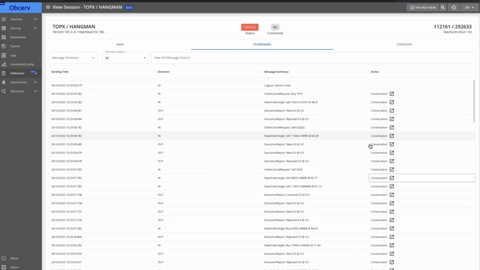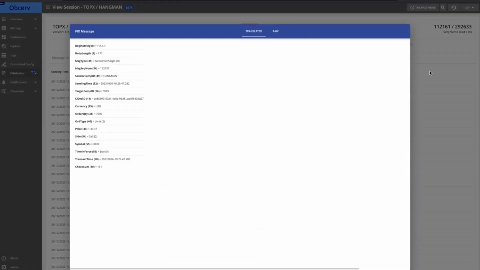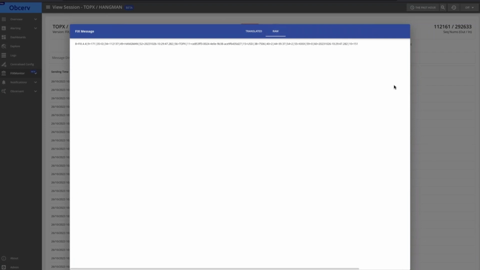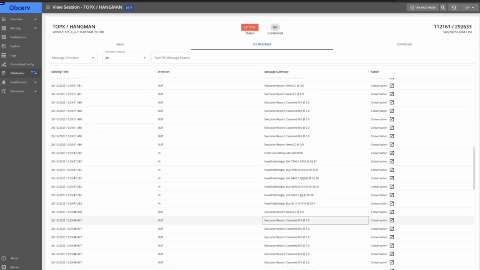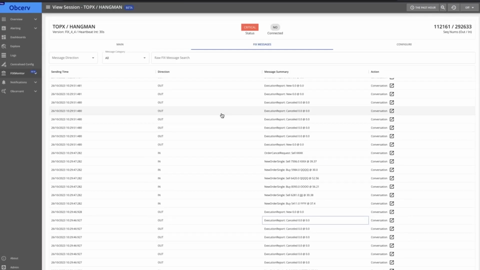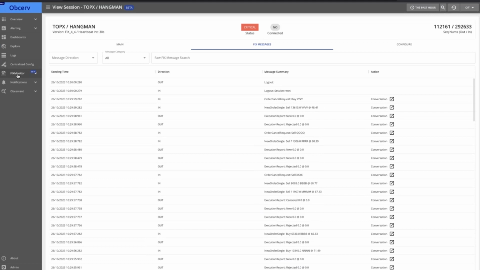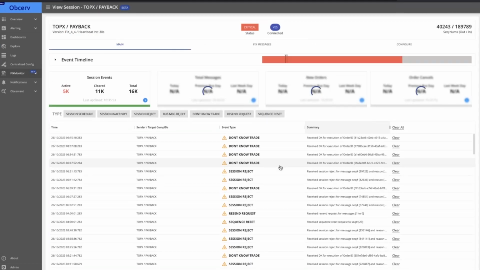So if I look at some of these which are going through, if I pick one and look at the raw messages, I can look at whatever I want, and I can look at what's going on. It's dummy data, so apologies. There was always a problem there. Yeah, obviously. So if I look through here, what I can do is